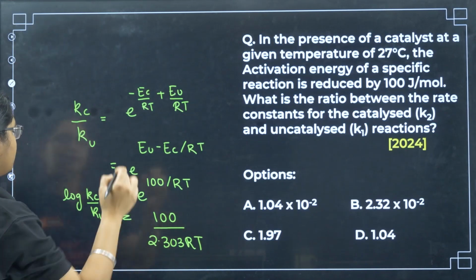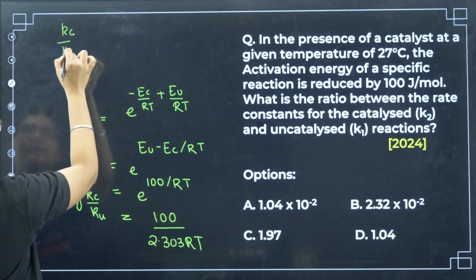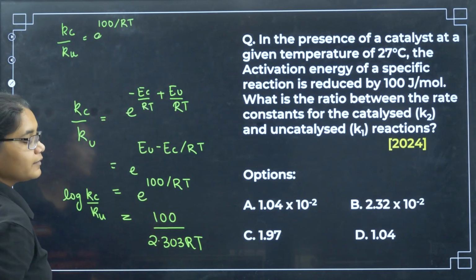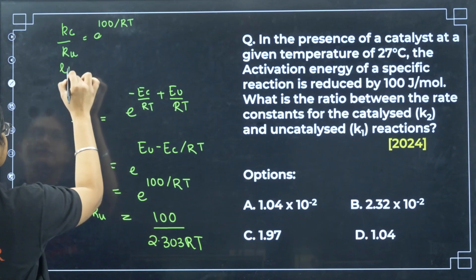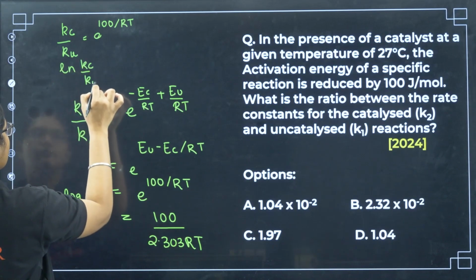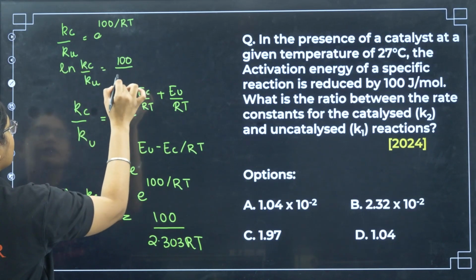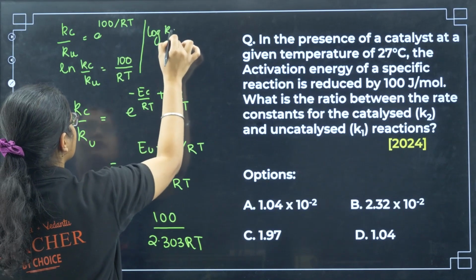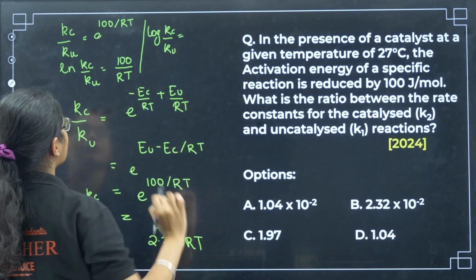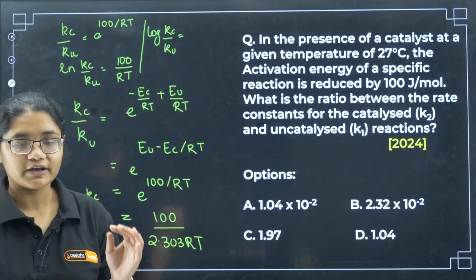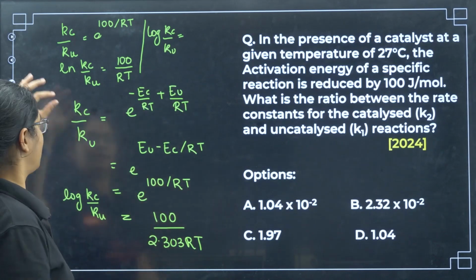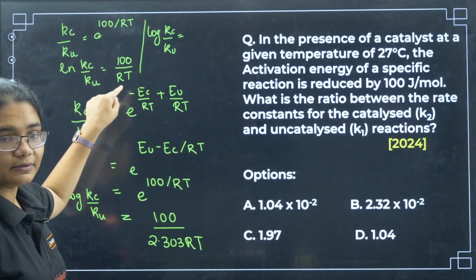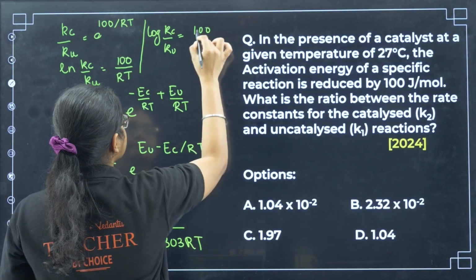Kc by Ku is equal to e to the power of 100 by RT. I'll take ln on both sides: ln of Kc by Ku is equal to 100 by RT. Now if I want to convert ln to log, it will become 2.303 log. So I have 2.303 log Kc by Ku, and that 2.303 I am dividing on this side. So 100 by